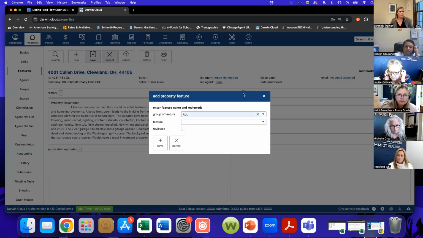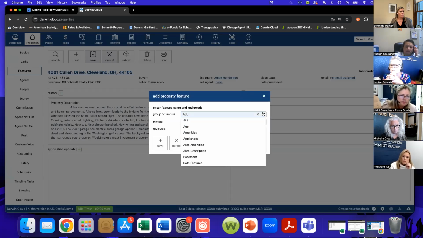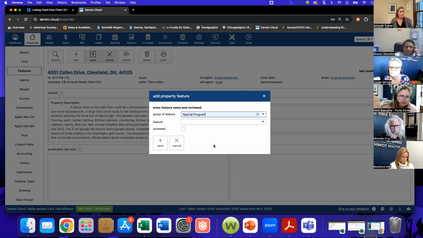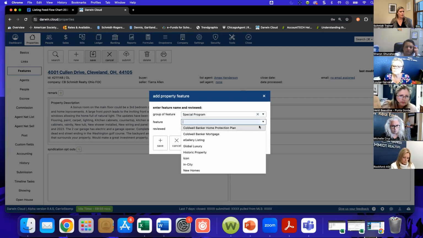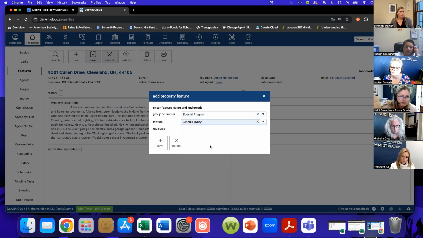And on a feature, you want to click plus. For group of features, you want to scroll down to special program. And from special program, you want to choose global luxury. You can check the reviewed box. It's not going to change the syndication. I just like to check it because it's a checkbox, and why not? And then click save. And then once the special program and the global luxury are in there, you click save and submit. That's what's going to tell Dash once it's submitted through that it needs to be on the global